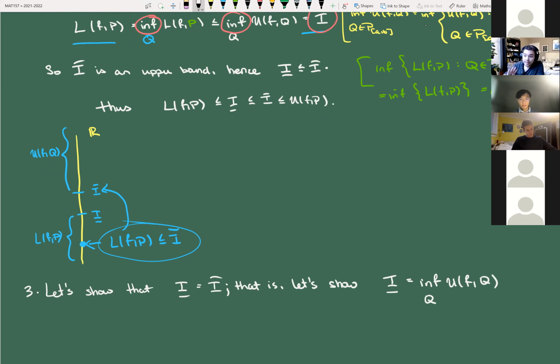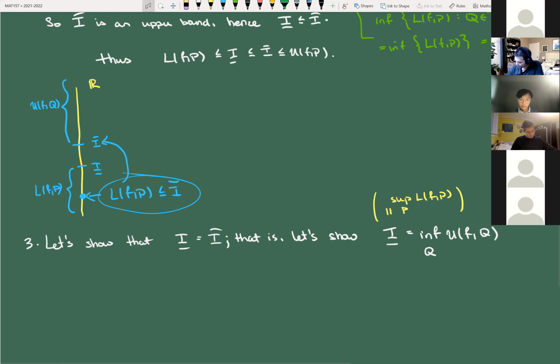Okay. Pay attention to notation here. These are not equal, right? I'm not claiming that these are equal. I'm going to prove that these are equal, but this is not the definition of I lower bar, right? The definition of I lower bar is that this is equal to the sup of LFP, right? So I want to show that these two things are equal. So using my notation, I'm going to show that I lower bar is the infimum of the upper sums. Okay, i.e.,